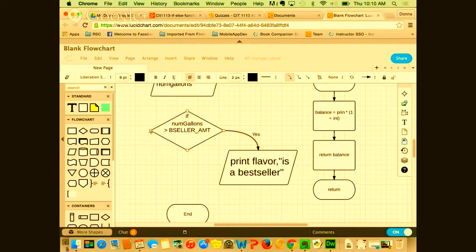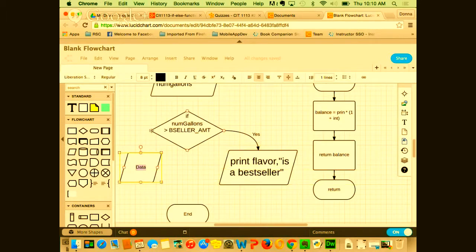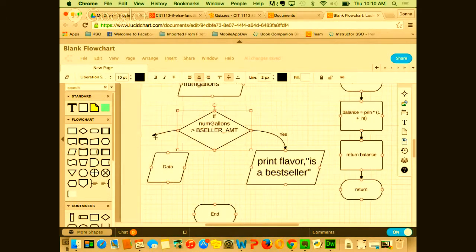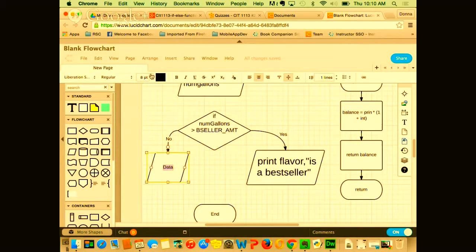Okay, so the other one is I'm going to go ahead and put this box over there too. I'm going to put one of those that just simply says not a bestseller, okay? So this is the no side.